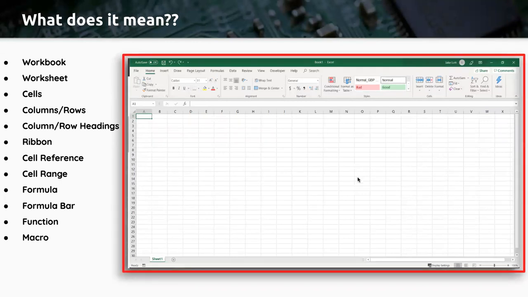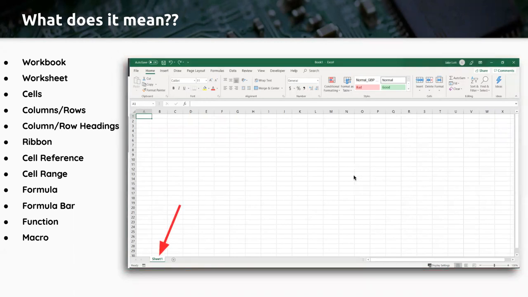That workbook could contain several worksheets or just a simple worksheet. You could call that Excel file your spreadsheet, but just so we know, the workbook is the entire file, and it does hold worksheets. Within a worksheet, obviously, we have cells, and those cells make up that whole grid.